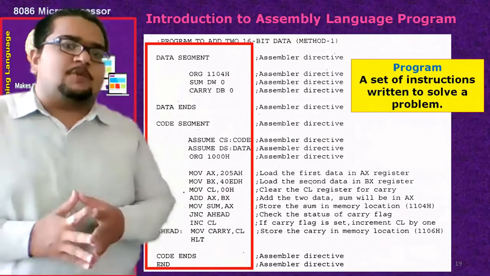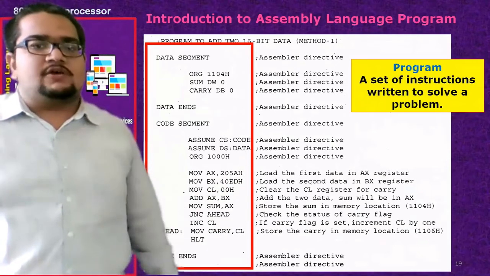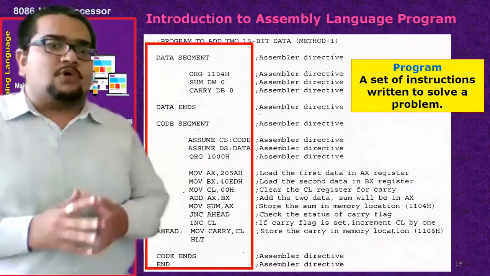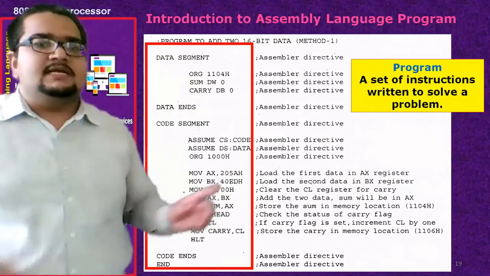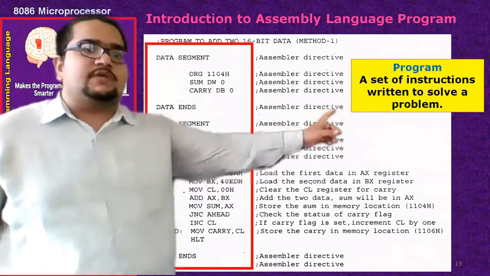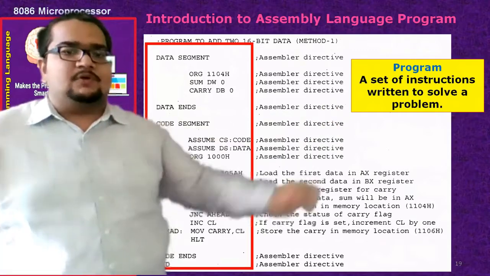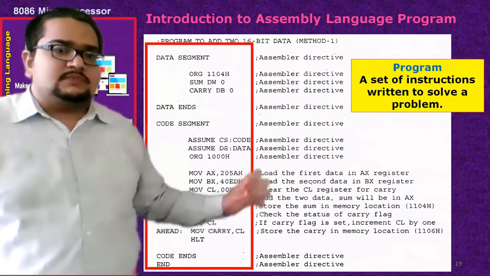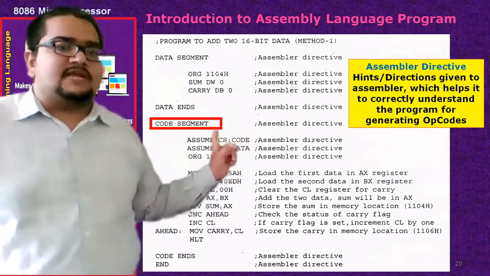Now, our today's topic will be the instruction set of 8086. This particular slide I have shown you earlier also. This is a sample program in assembly language. Okay, in assembly language programming, this is one of the sample programs, and a program means a set of instructions given to the processor to solve a certain task or problem. So what does a program generally contain? A program contains assembly directives like this.